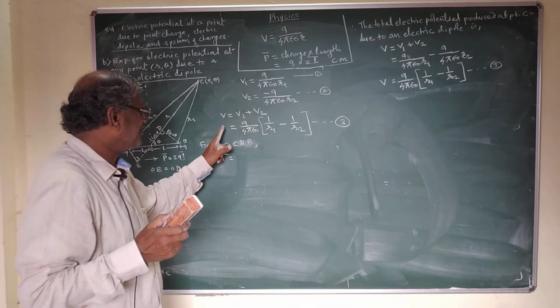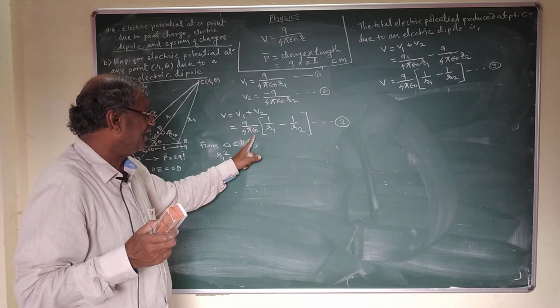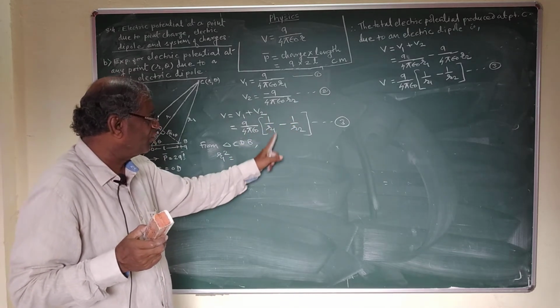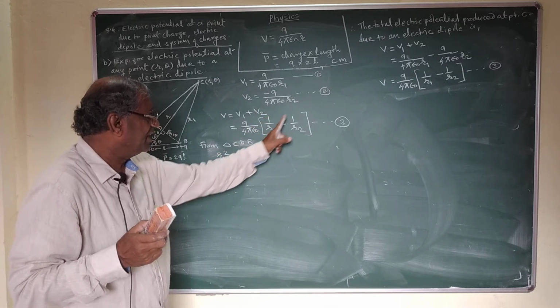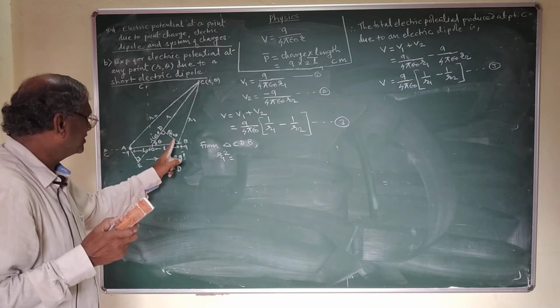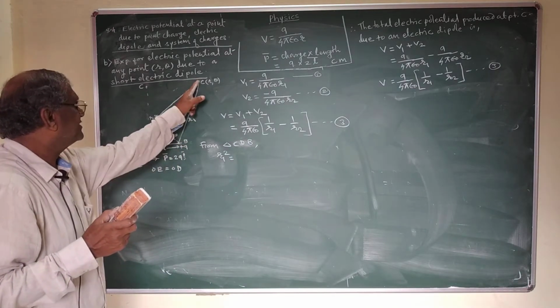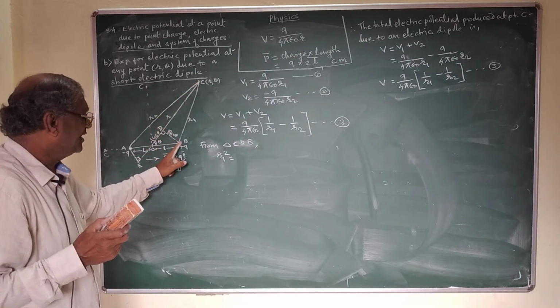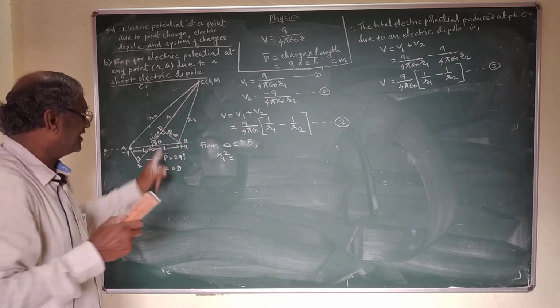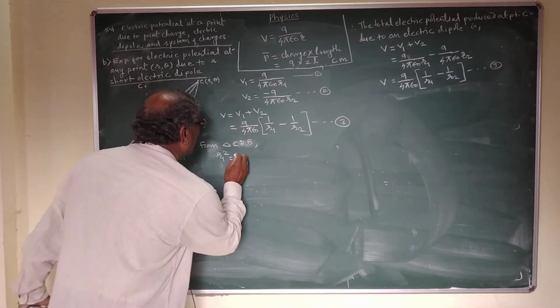Now I get this equation: V is equal to Q upon 4 pi epsilon 0 into (1 upon R1 minus 1 upon R2). Now we have to find the value of 1 upon R1 and 1 upon R2. For this purpose we use this triangle CDB. From this right angle triangle, R1 square is equal to